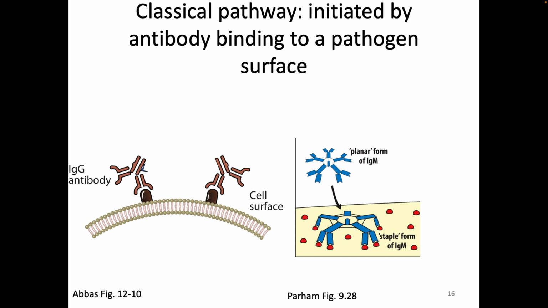And the antibodies are drawn here as these Y-shaped proteins. And we are going to see so much more about antibodies going forward. So you can see these Y-shaped antibody proteins. A thing that is really important to know is that antibodies are products of the adaptive immune system. They're not usually thought of as part of the innate immune system. So the classical pathway actually requires the adaptive immune system to do something, even though we are totally in an